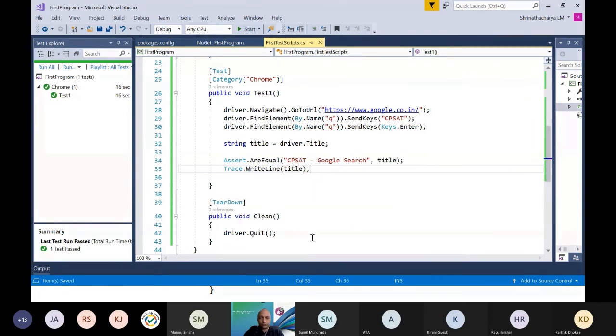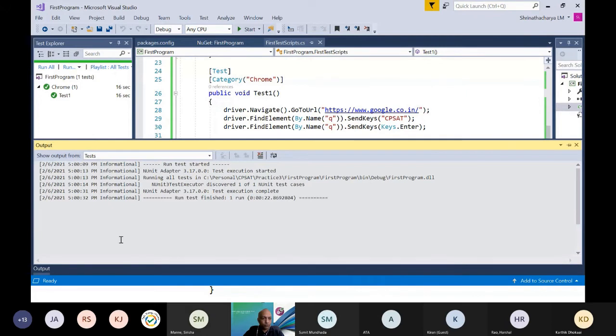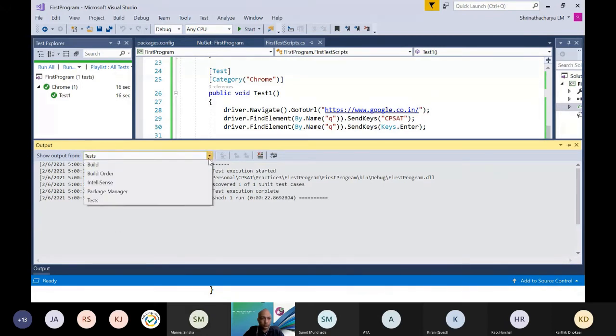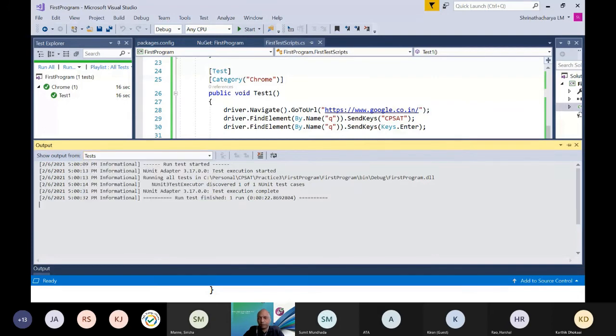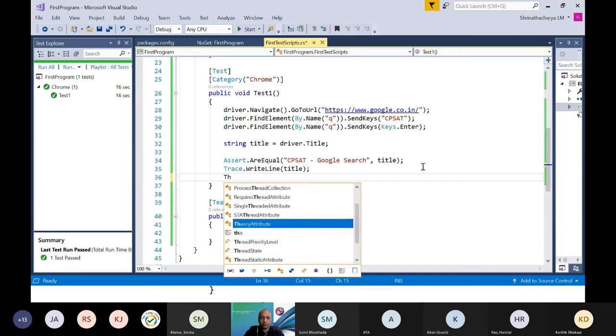What it is going to do is, the moment we run, we have an output window. Here in the output window we can see what is happening, in a debug mode. Let me show that when we run. Now, it is going to close also. Let me put some